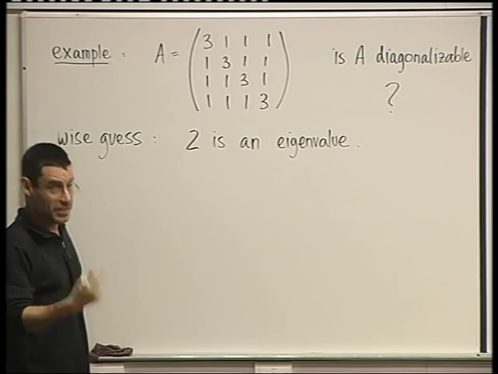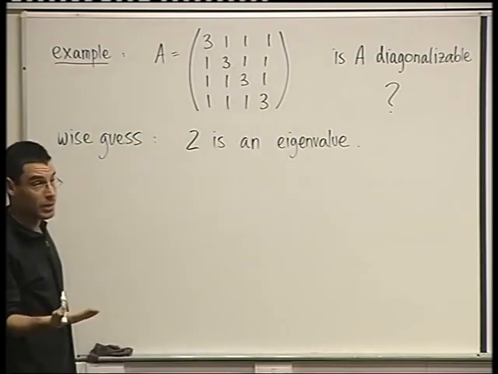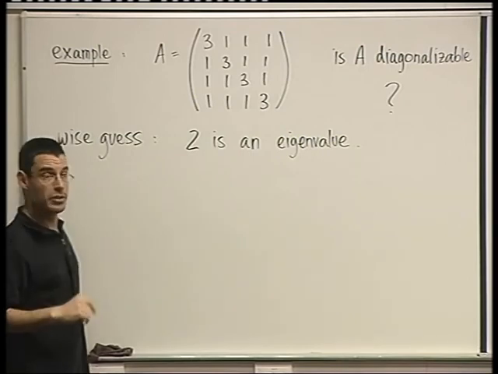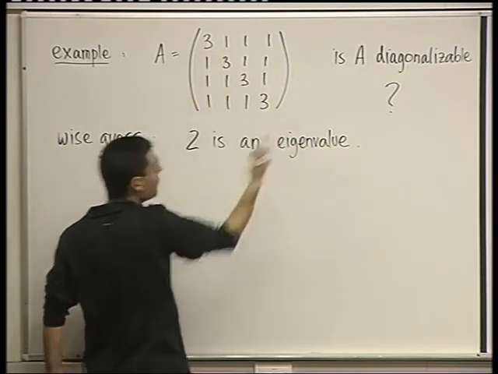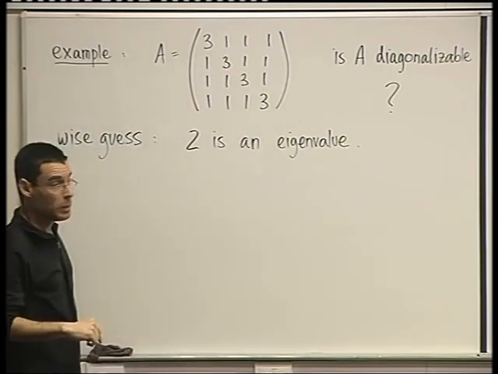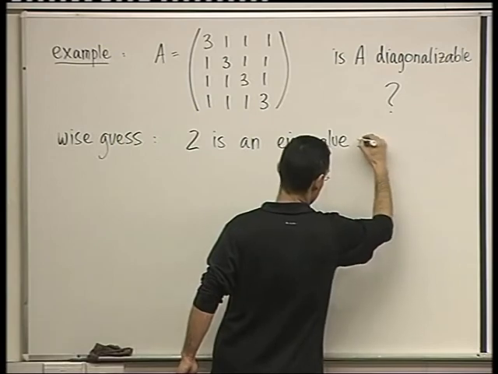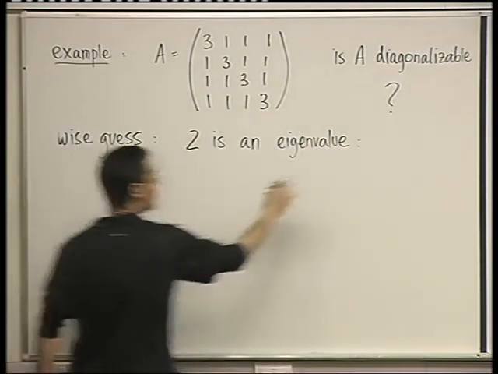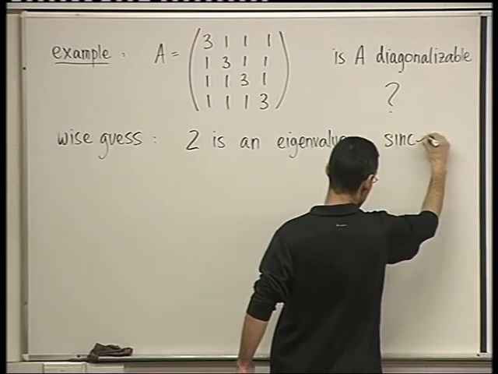An eigenvalue is an alpha such that when we subtract it from the diagonal, we get a matrix with determinant 0. Do you see that if we subtract 2 from the main diagonal, we get a matrix with determinant 0? So 2 is an eigenvalue, since